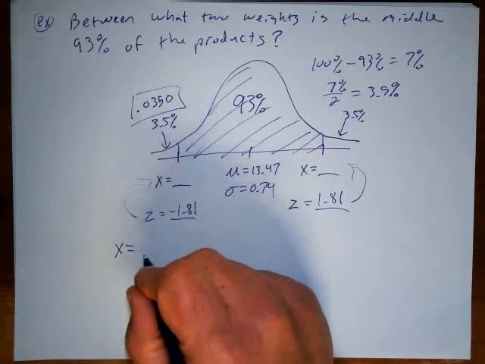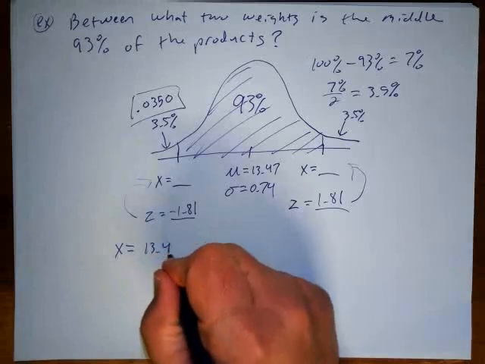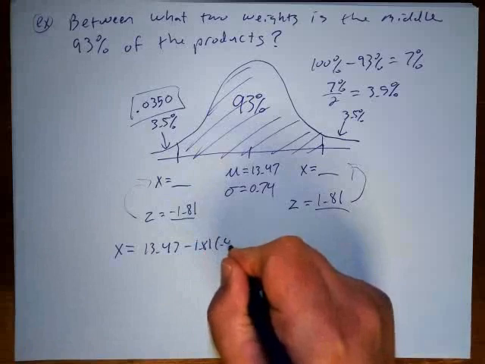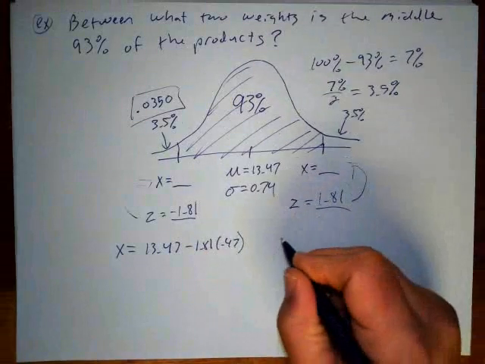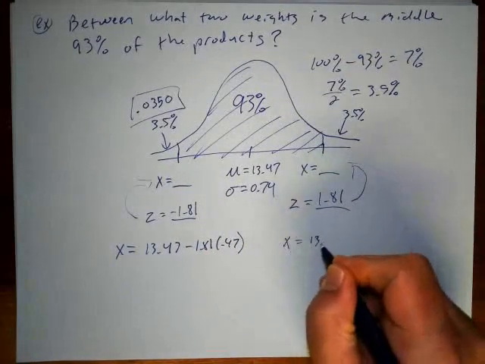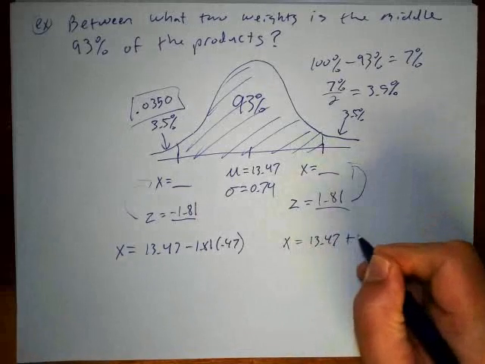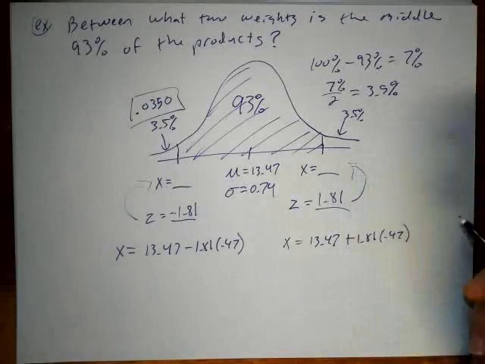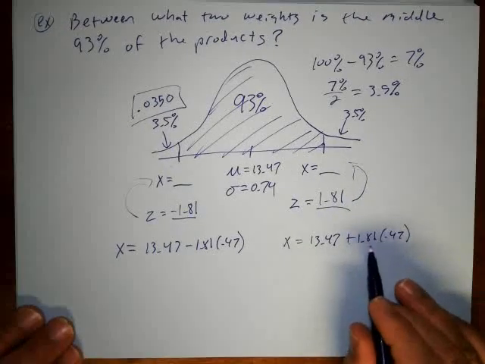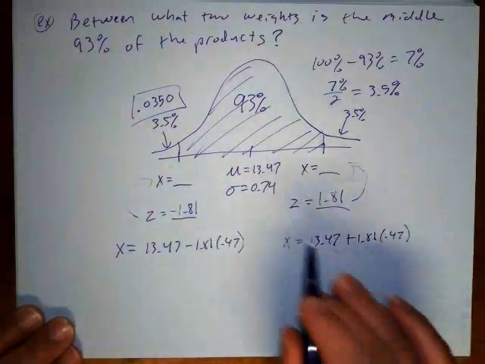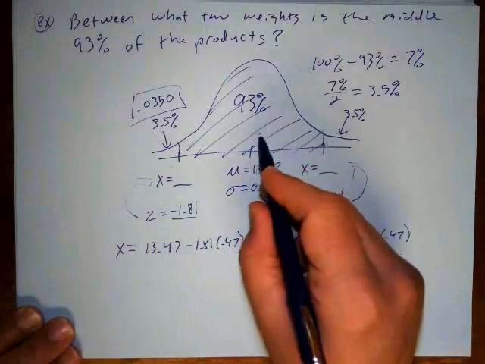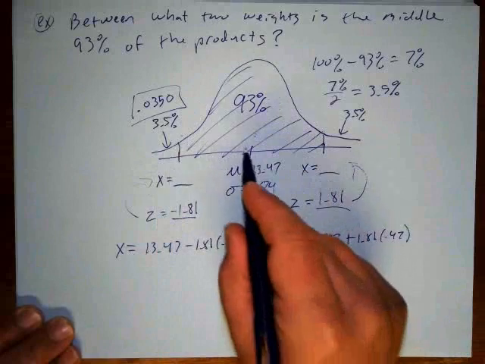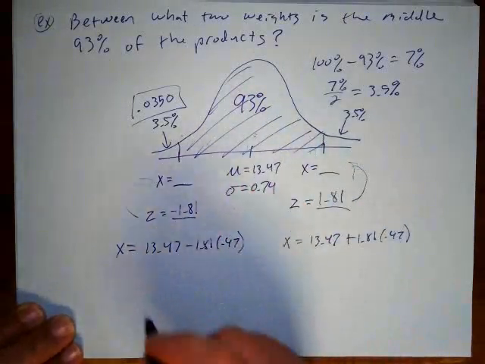So this would be 13.47 minus 1.81 times 0.47, and this would be 13.47 plus 1.81 times 0.47. So you can see that the 1.81 times 0.47, that's actually giving you this distance, and this one down here subtracts that distance. This one up here adds the distance. Okay,